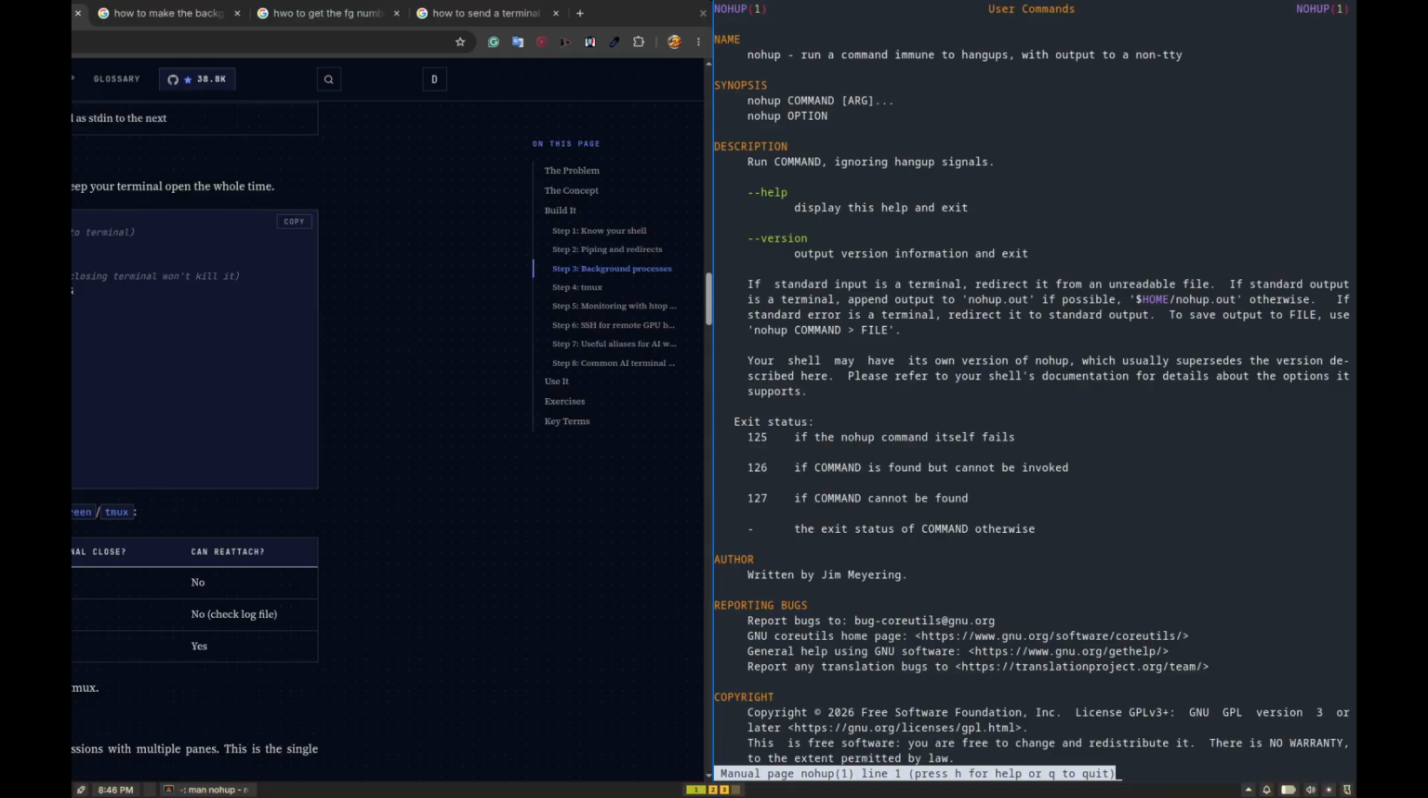If the standard input is a terminal, redirect it from an unreadable file. If the standard output is a terminal, append output to nohup.out if possible. If the nohup command itself fails, or if the command is found but cannot be invoked. If the command cannot be found,